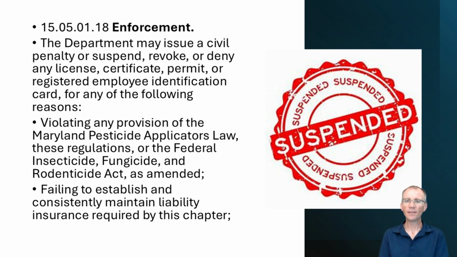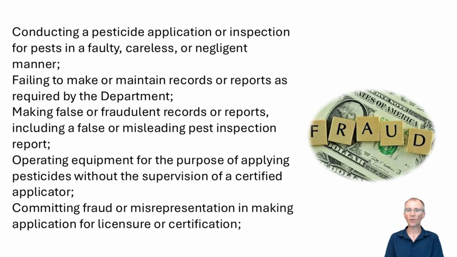15.05.01.18 Enforcement. The Department may issue a civil penalty or suspend, revoke, or deny any license, certificate, permit, or registered employee identification card for any of the following reasons: violating any provision of the Maryland Pesticide Applicators Law, these regulations, or the Federal Insecticide, Fungicide, and Rodenticide Act as amended; failing to establish and consistently maintain liability insurance required by this chapter; conducting a pesticide application or inspection for pest in a faulty, careless, or negligent manner; failing to make or maintain records or reports as required by the Department; making false or fraudulent records or reports, including a false or misleading pest inspection report;